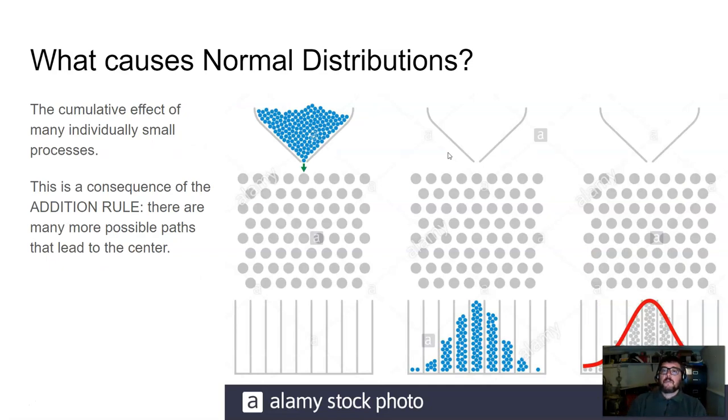So normal distributions, one of the reasons they're so special in real life is because the cumulative effect of many small individual processes produces normal distributions. When you add up a bunch of little random factors, where none of them individually has a big impact, but all of them together have an impact, then you get a normal distribution. And since you're adding up all these influences, that's essentially a consequence of the addition rule. There are lots of paths that go to the center. So remember we had a branching diagram with the blue and pink smiley faces of things going left and right